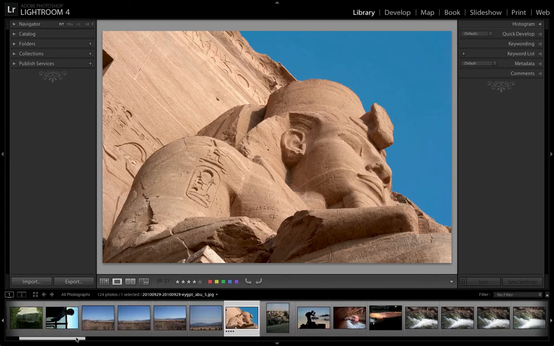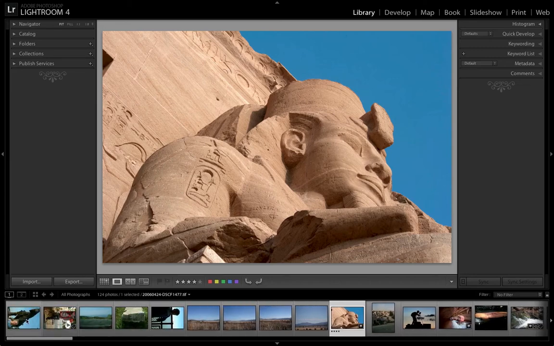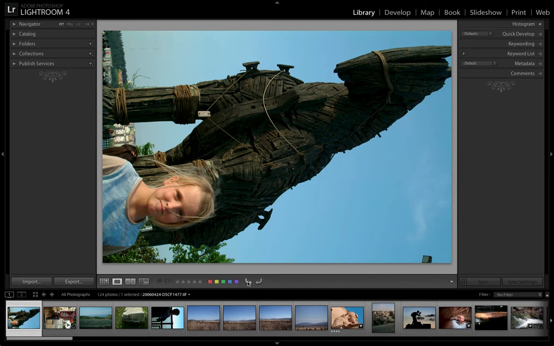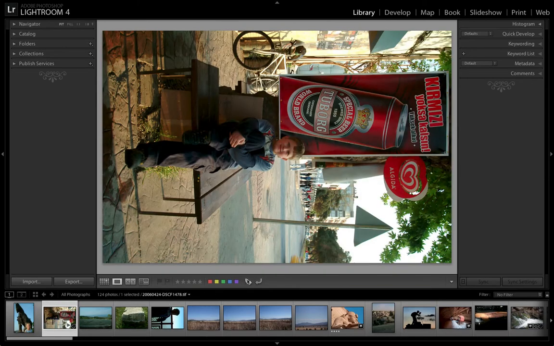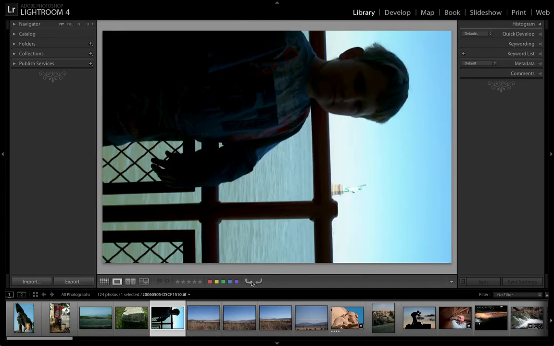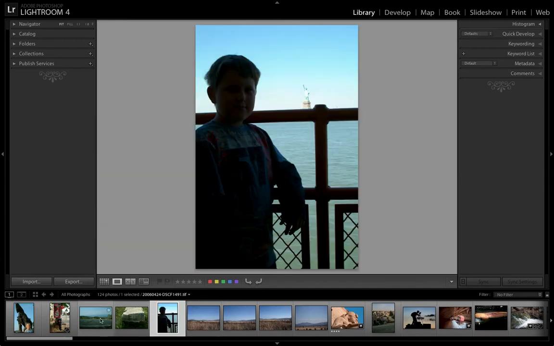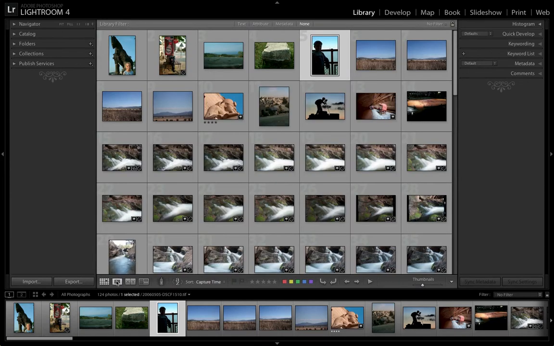The other bonus of working in this mode is, say I've got some images that are side on, I can also come through and hit the little flip buttons and flip them all around so that we're seeing them the way we should see them. So that's one of the things you need to be aware of. The main interface here is controlled by the film strip, and basically you can change the view that you want to see things. The other great thing here is, especially if you are comparing photographs, you can choose 2 of them and come across here,